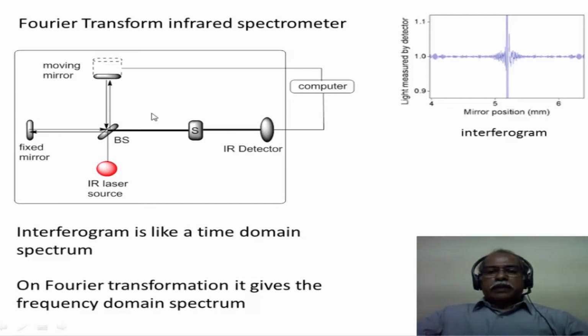The interferogram pattern is sent to the detector and recorded as a blank, and then it is sent through a sample and recorded, which gives the actual sample signals. So the interferogram is something like a time domain spectrum of infrared spectroscopy. When it is Fourier transformed, it gives the frequency domain spectrum, by conversion of the interferogram into the frequency domain, of the various frequencies which are absorbed by the sample and detected in the infrared spectrometer.